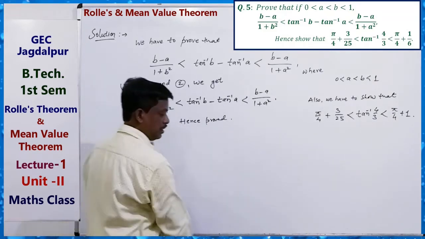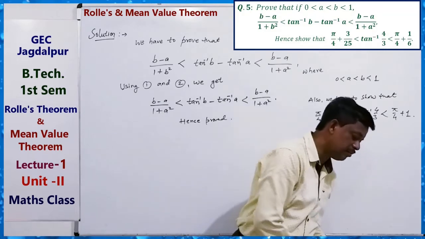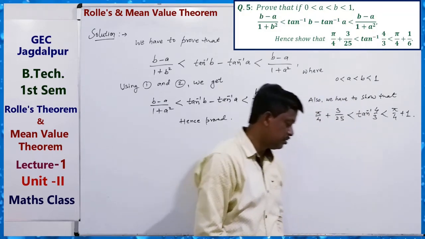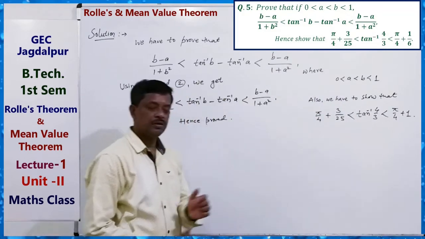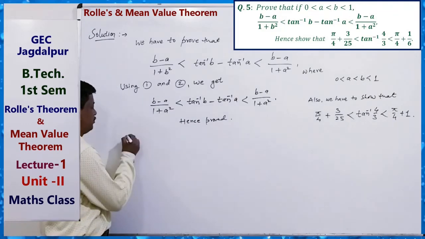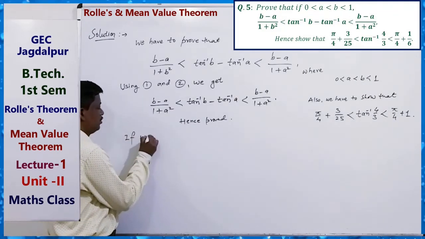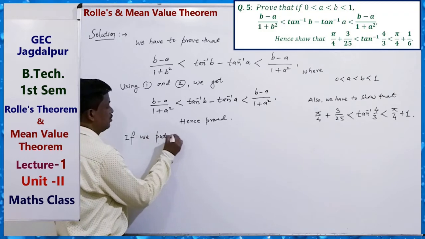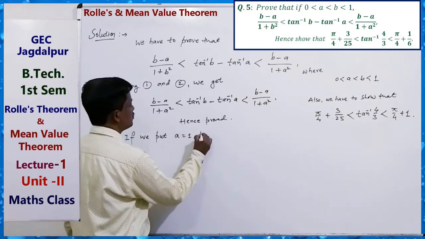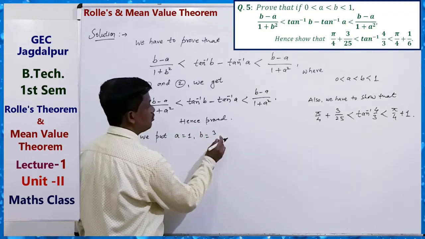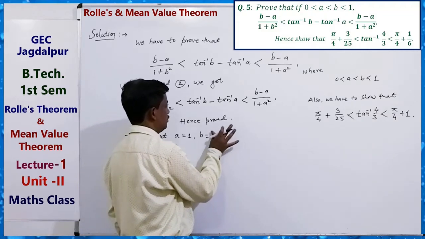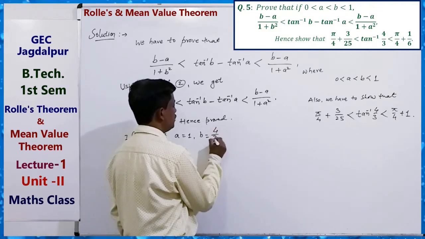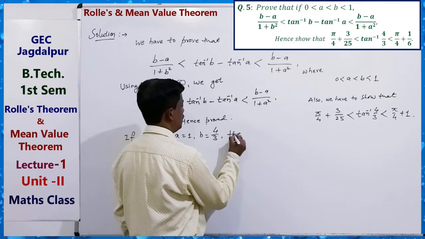If we put a equals 1 and b equals 4 by 3, then